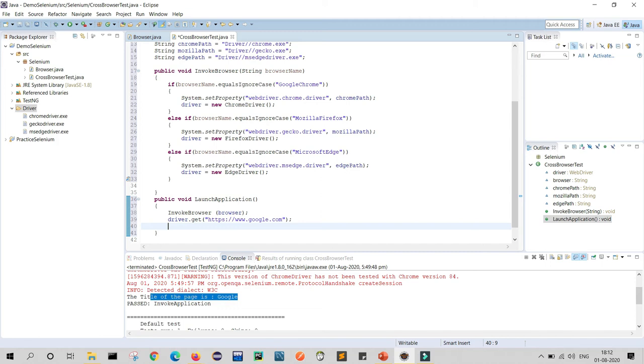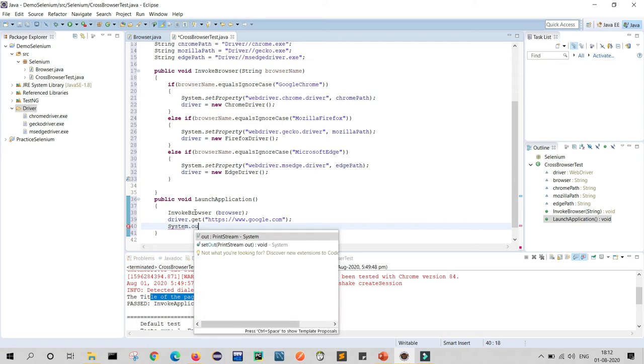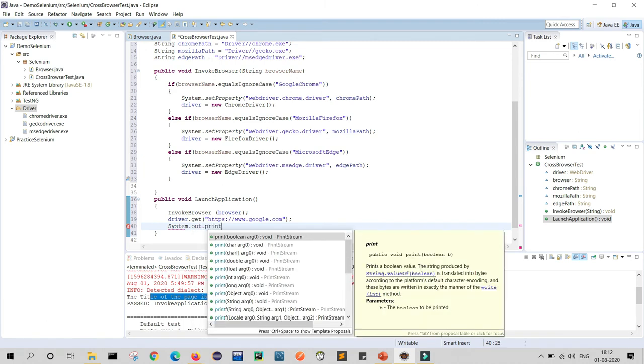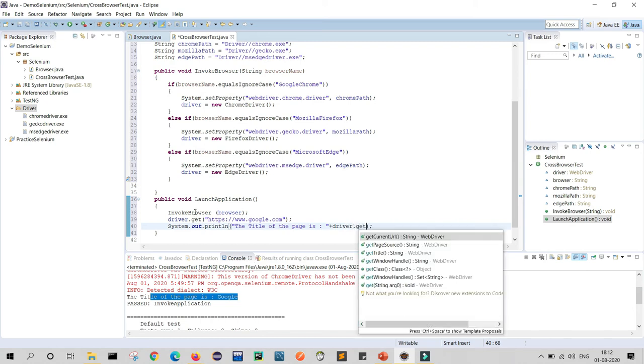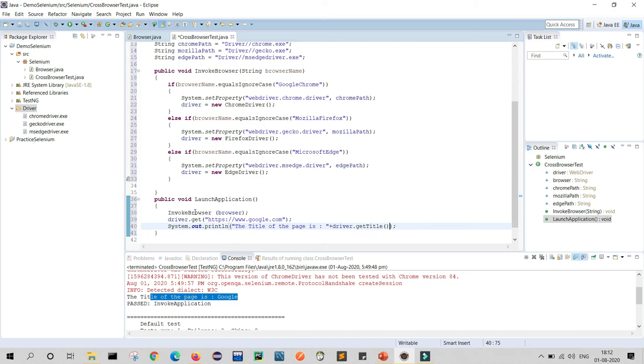So for printing title we will use System dot out dot println, and inside it we can write the title of the page is driver dot getTitle. Once the title prints in the console, my next step is to close the driver.